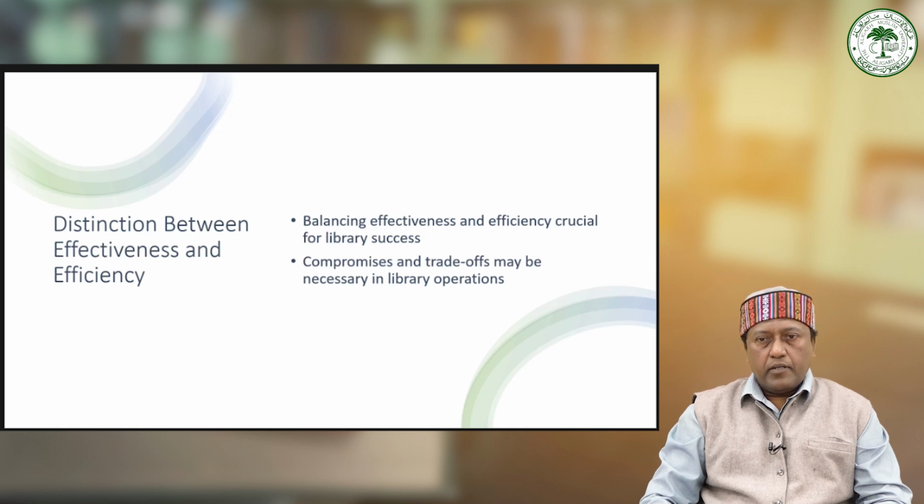Just to illustrate, consider a scenario where a company's annual production target is set at 7,000 units. And in an effort to meet this target, the manager opts for double shifts due to frequent power failures. Although the target is achieved, the production cost rises significantly. In this case, effective management involves achieving the goals, that is effectiveness, with minimal resources, that is efficiency, and striking a delicate balance between the two.